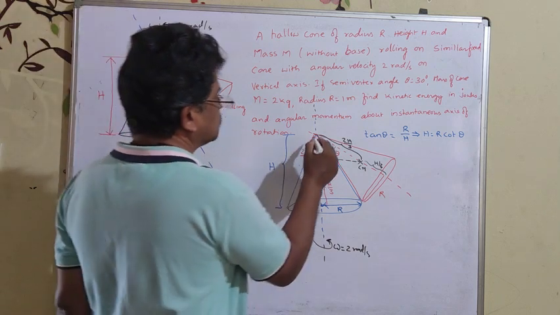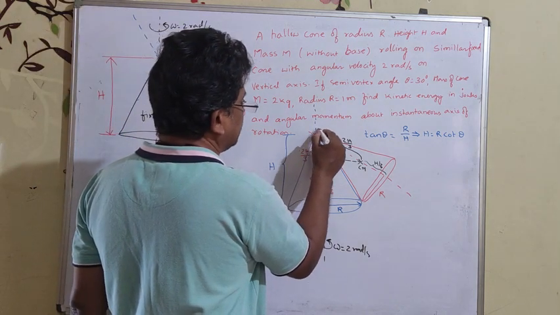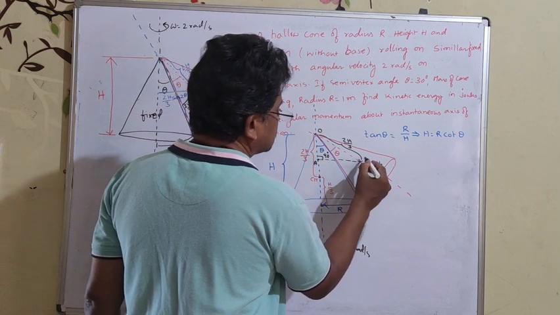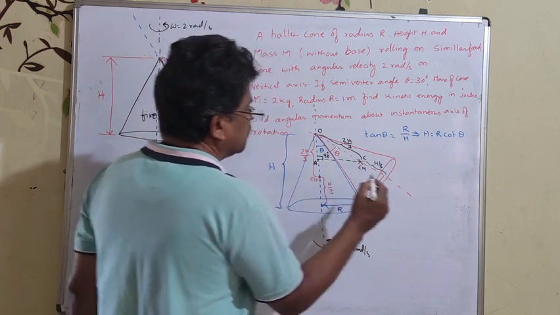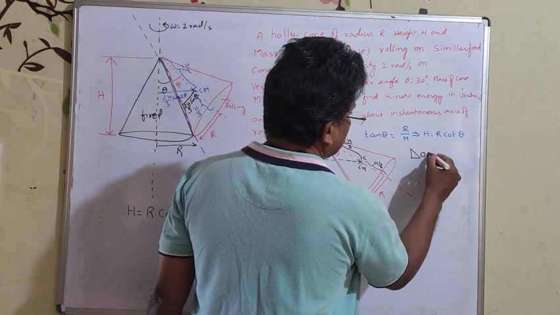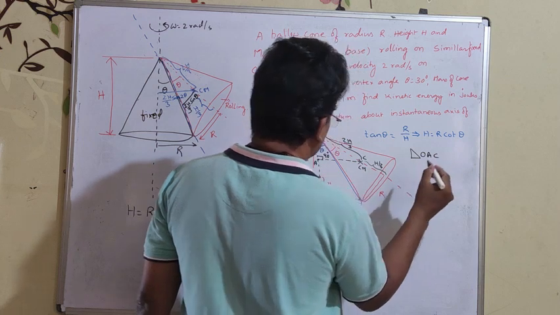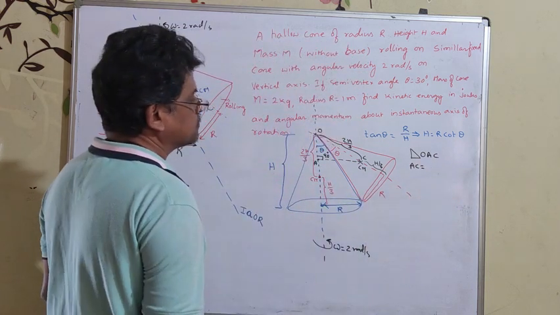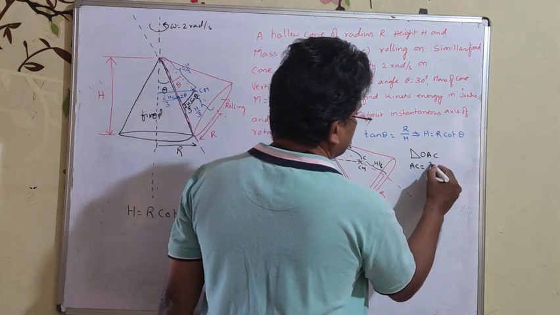If I take these points as O, A and C, then from the right angle triangle OAC, we can find the value of AC as 2h by 3